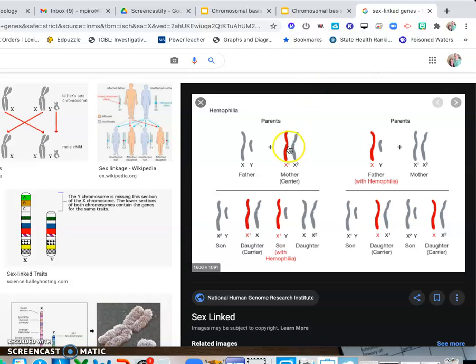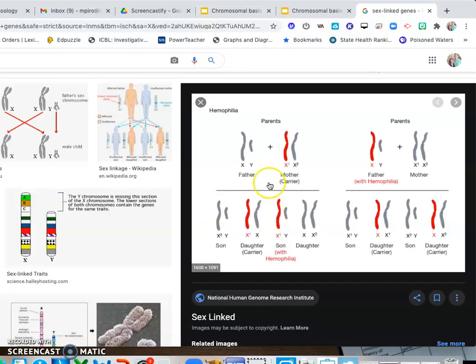And so this shows you, for example, the red is the X-linked carrying the recessive trait, in this case hemophilia. And so this mom would be a carrier. And if she mated with this normal father, these are their potential kids. Normal son, carrier daughter, affected son, normal daughter. Normal meaning she doesn't have the gene at all. The reason boys,